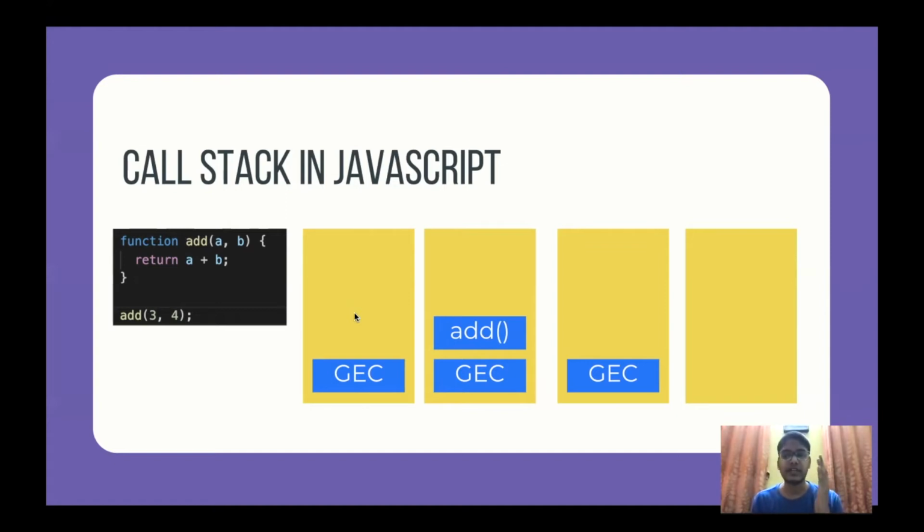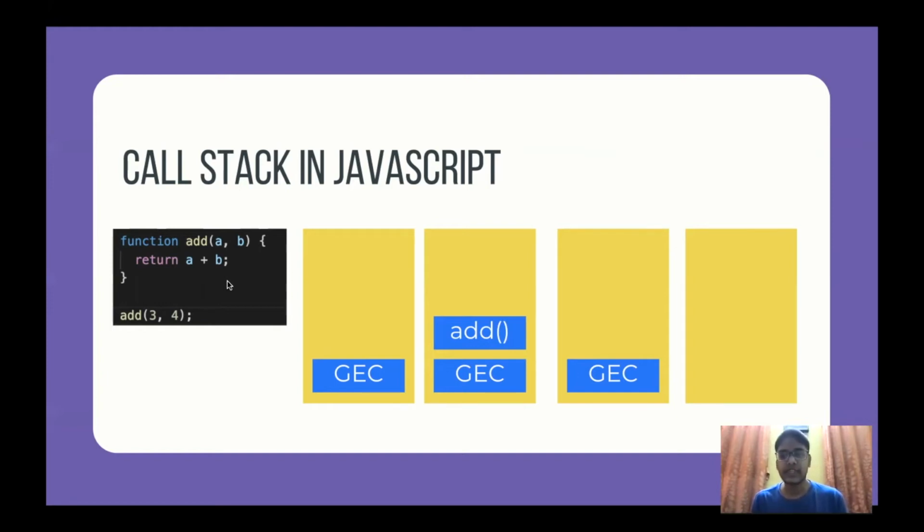So call stack inherently tries to add all sorts of elements into it. That is why it is called a stack, because, let's say we have a stack of books, we try to add some things on the top of it and we try to remove them, right? Similarly, in call stack, we add lots of things related to our function code, or the code which we are trying to run, and we pop them off, execute them, and give the results back to the user or show some changes on the screen.